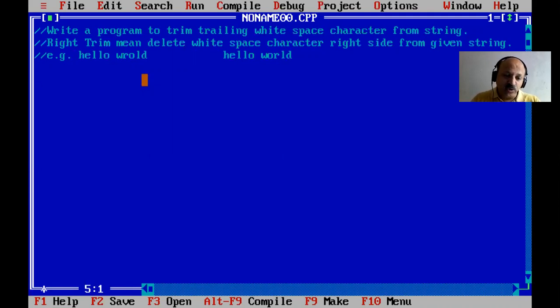So now I think you understand what our definition is. So now I include our header file: stdio.h, and then we can select conio, console input output dot h, and then void main.